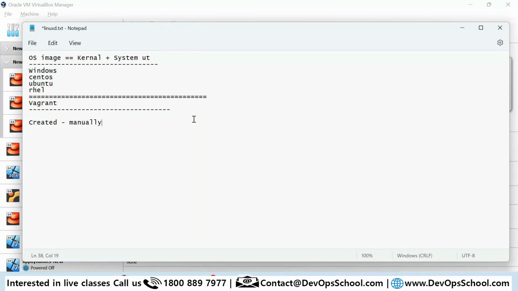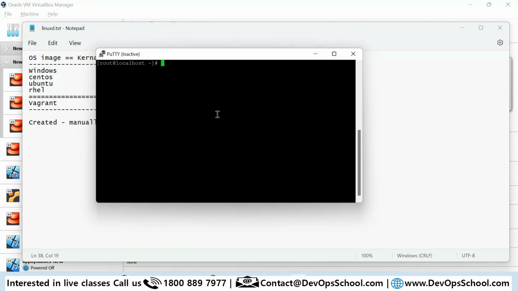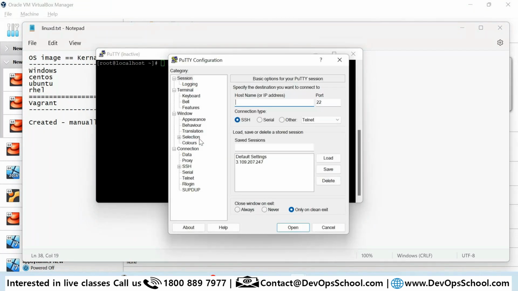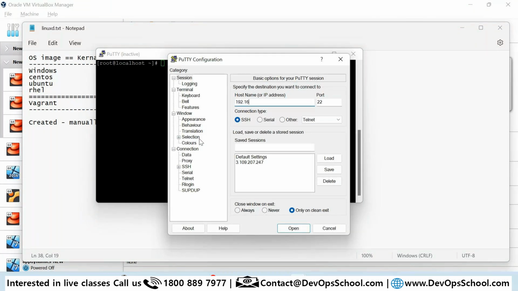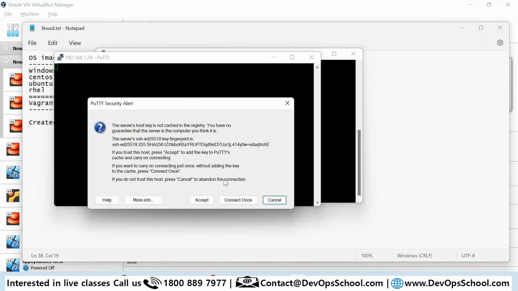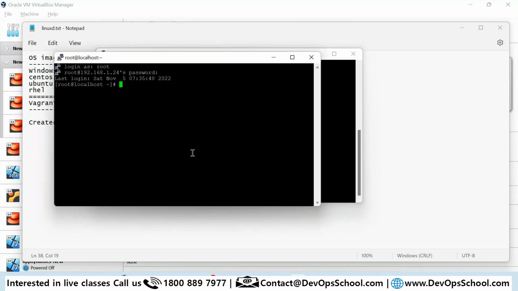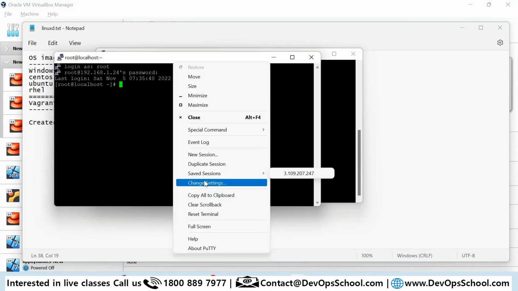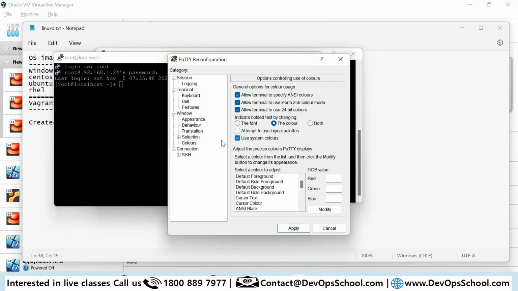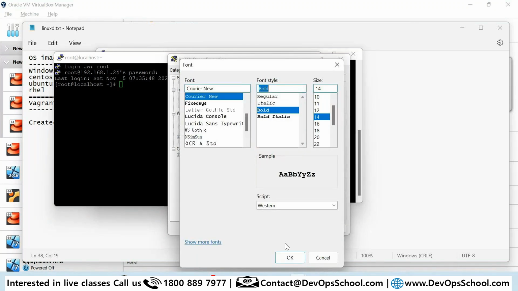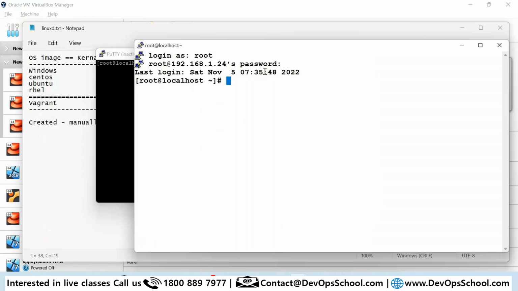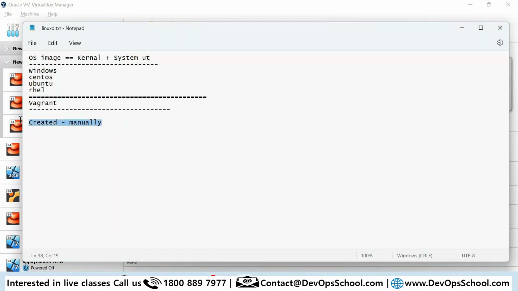and after that, I will go inside a VM. This is the VM, inside the VM. Okay, I have to open a new session, 192.168.1.24, right? And root and Rajesh 123, and here you go to change settings, color, auto, change this view so you can see better, bold, and okay. Now hopefully this is more visible. So now this is a VM, and I want to install Apache. So yum install httpd. I want to install anything. So created manually,